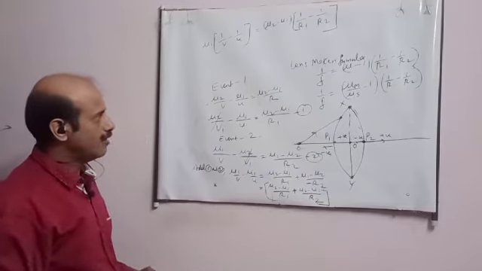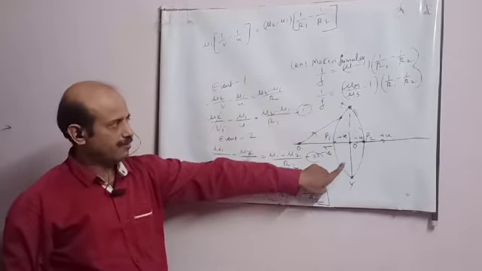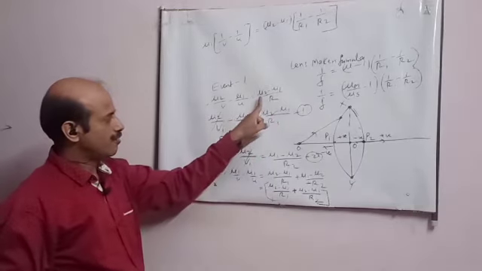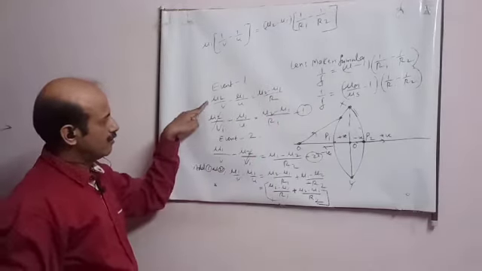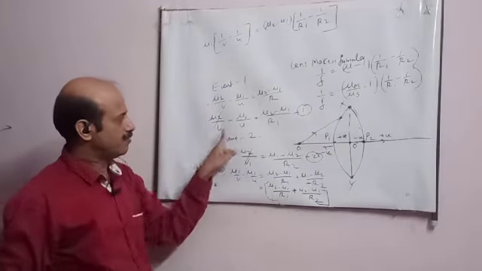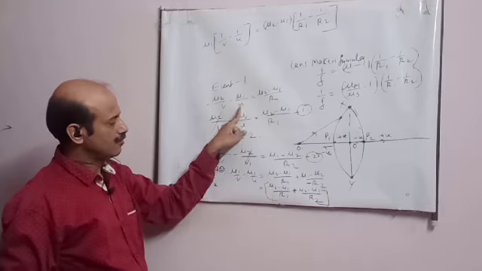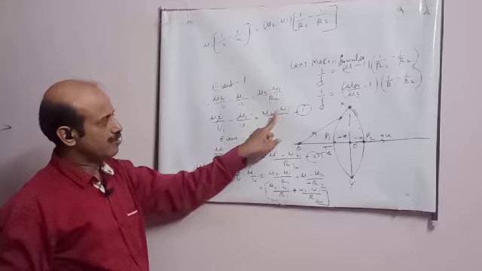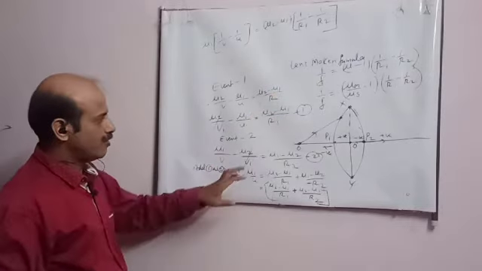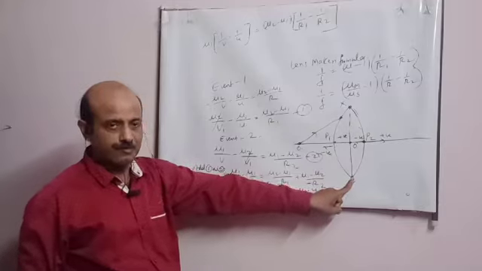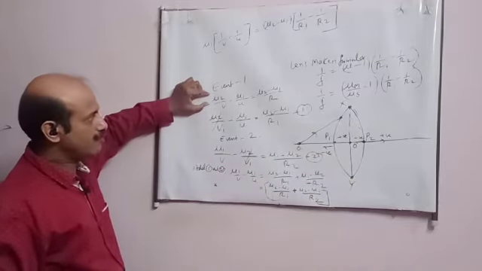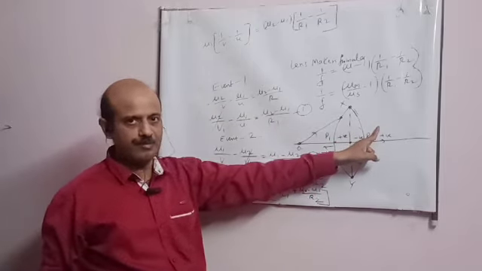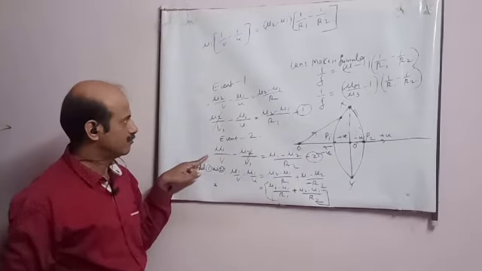Once again, student, I am repeating it. First I have solved it for this surface. This equation I have applied, student. So when I am applying this equation here, you see mu2, this is image of first surface v1 I have written, mu1 object of first surface I have written, student, and it is equal to mu2 minus mu1 upon r1 for this surface. Then, student, I have applied the case for this surface. For this surface, student, you have to apply this formula again. So for this surface second medium is air, so I am writing the air part here, student.